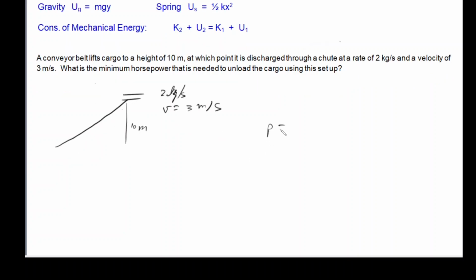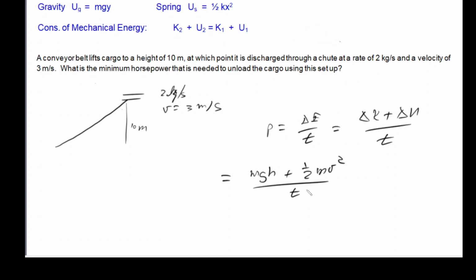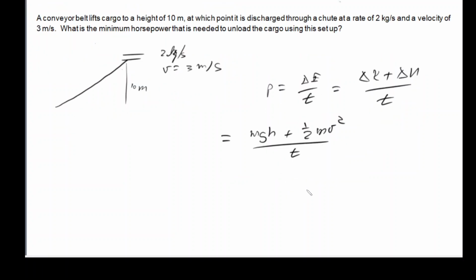So we know that power is equal to the change in energy over time, which would be change in kinetic energy plus change in potential energy over time. So that would be equal to mgh plus 1/2 mv squared over time. And we're assuming that time in this case is 1 second. So that means that our power is going to be mgh plus 1/2 mv squared, and we know this amount,